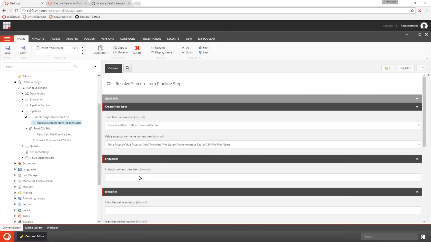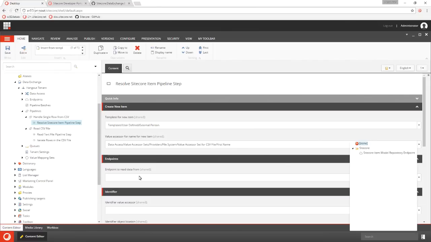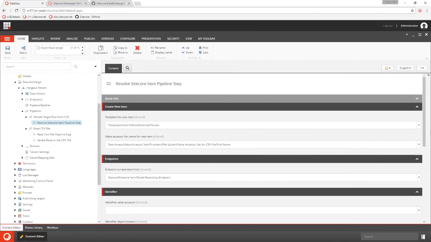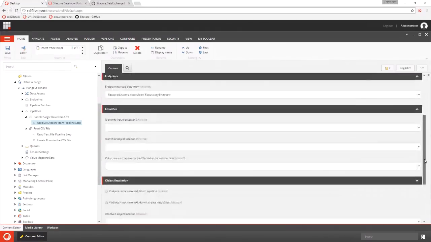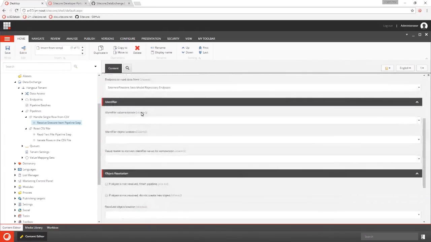What is the endpoint that I want to read data from? Remember, what I'm doing here is looking to see if there's a Sitecore item that already exists. So I need to pick a Sitecore item endpoint. And I only have one. I pick that. Now the identifier section. The identifier section is where we specify the settings that are used to determine if an item already exists.